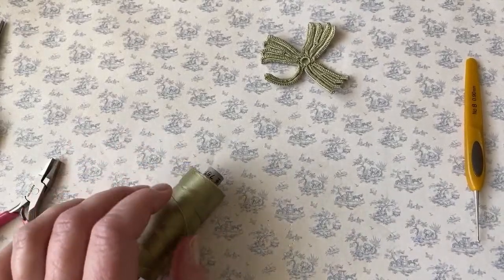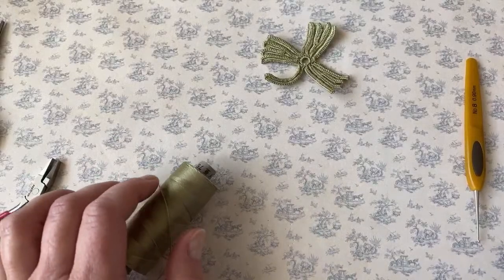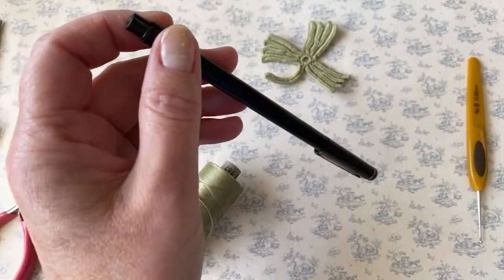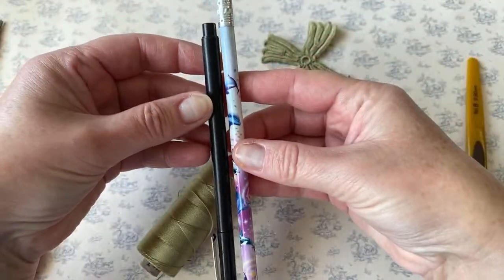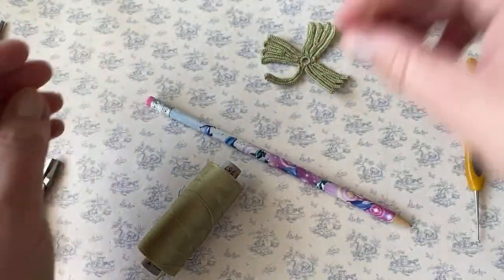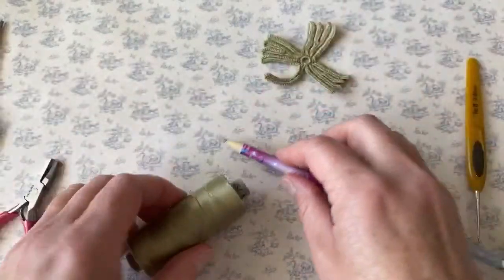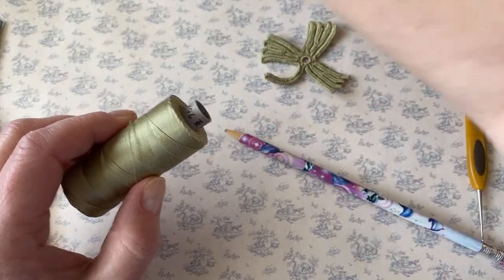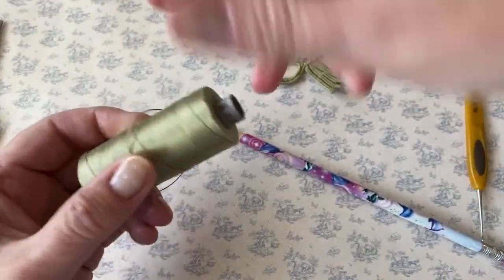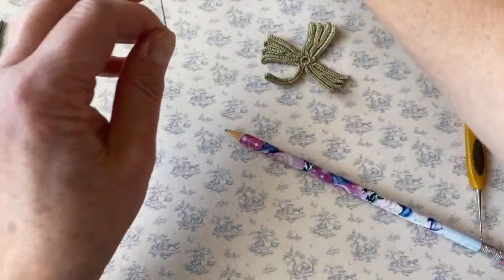And pencil. Pencil or Sharpie. I wonder which is thicker. Well, I will not risk it. I will take pencil and we have to weave in thread around the pencil 30 times according to the